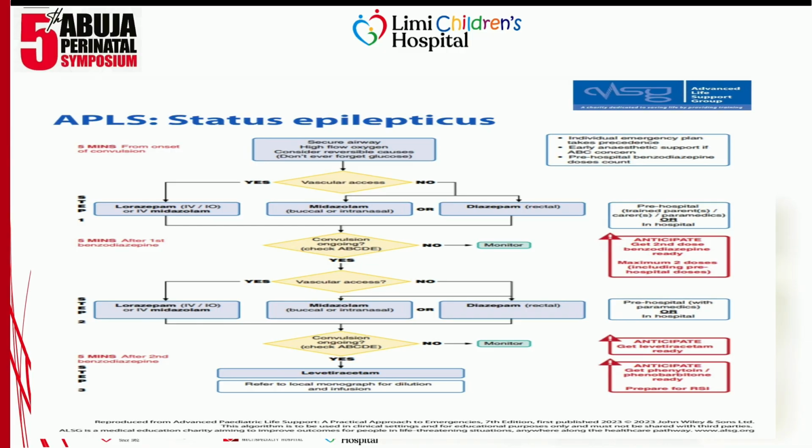Now, when the child presents, if you can set an IV access, you will start by giving the child IV lorazepam or IV midazolam. If you cannot get a vascular access, you will give midazolam, but you can give it buccal or intranasal. If that is not available, you can then give rectal diazepam. Now you wait for 5 minutes from onset of the convulsion to do this. You monitor this child closely. If after this 5 minutes, the child is still convulsing,